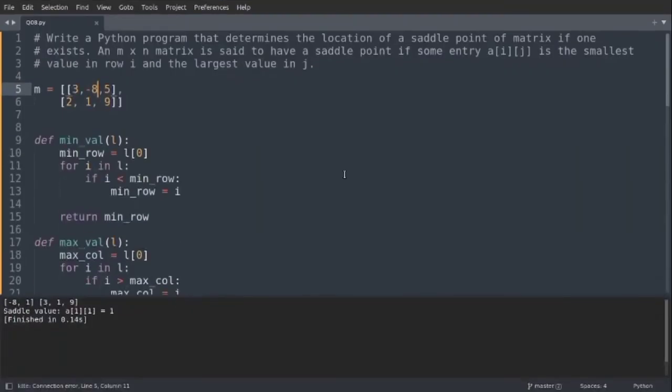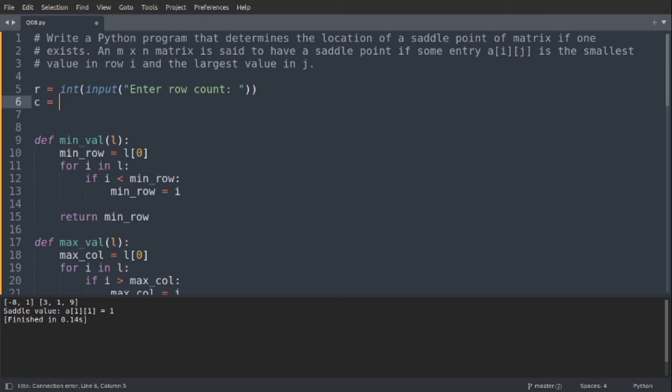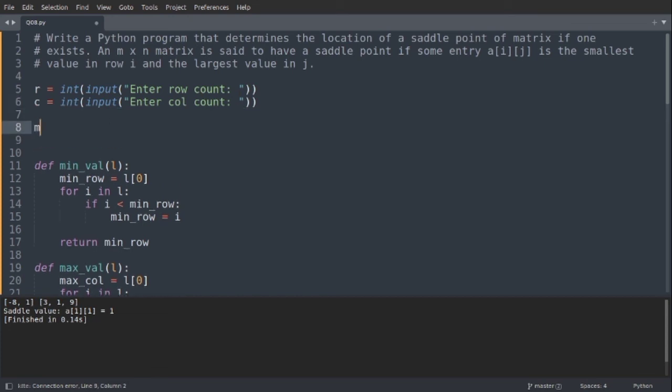So this was the way how we can find it. Now you can take this matrix value depending on the user. How you can do that is, first of all you can take the row count. R is equal to int input, and we'll print a message, enter row count, and then the user will enter that. Column would also require the same, so int input, enter column count, and then we have to create a matrix of that size. So m equal to